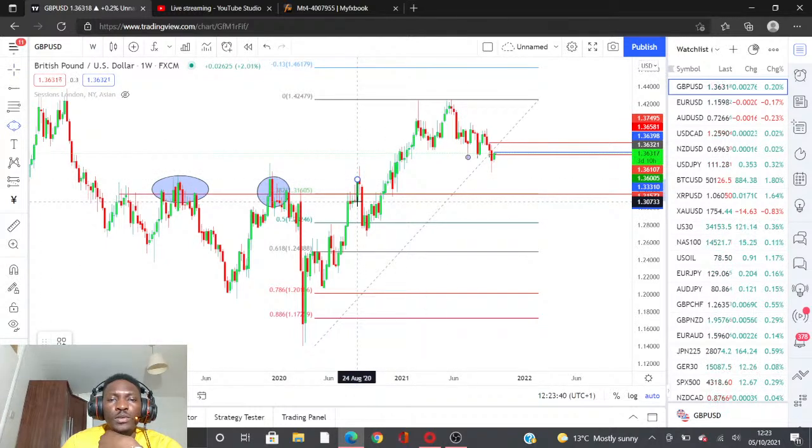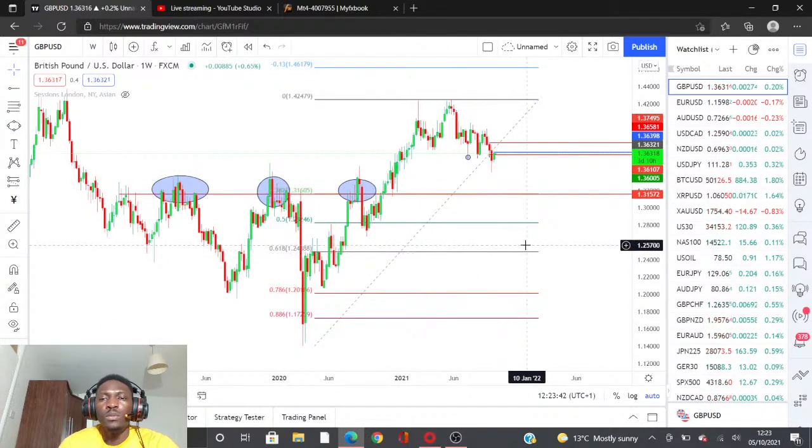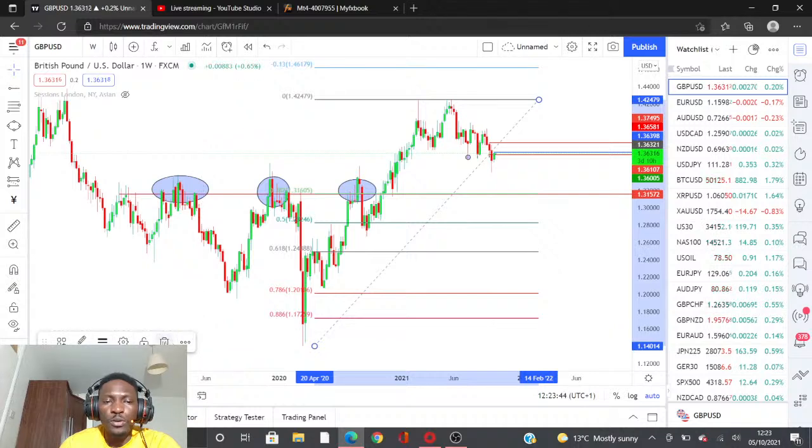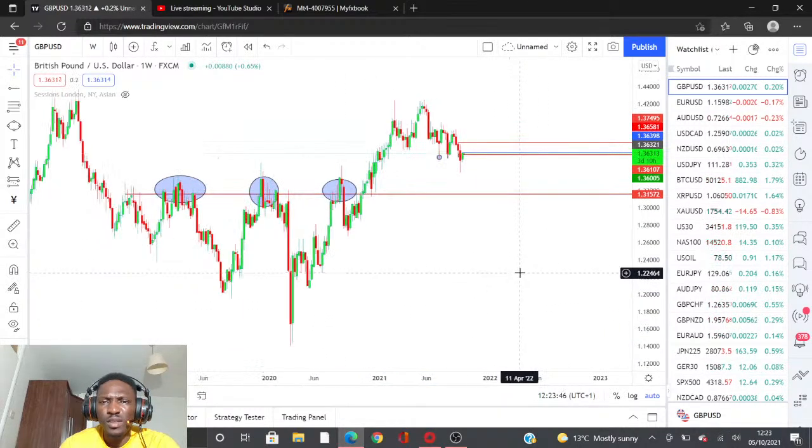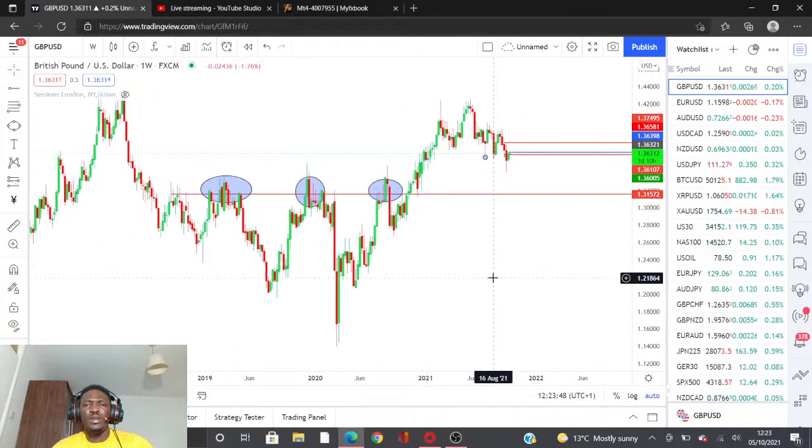That's where I think the retracement is likely going to end before we continue moving back up. So yeah, taking a short trade on this market in the next few weeks is always going to be a good